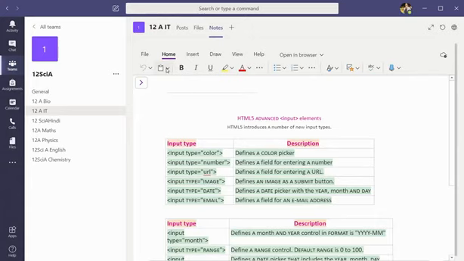The clipboard option is available over here, and the formatting options to make your notes more interesting. You can make it bold, italic, underline, and you can use highlighter options, and some bullets and numbering if you want to put, you can do so using this. So notes is also very important, and whichever notes you give in your channel will be visible to your students. So this is about the channel, the team.